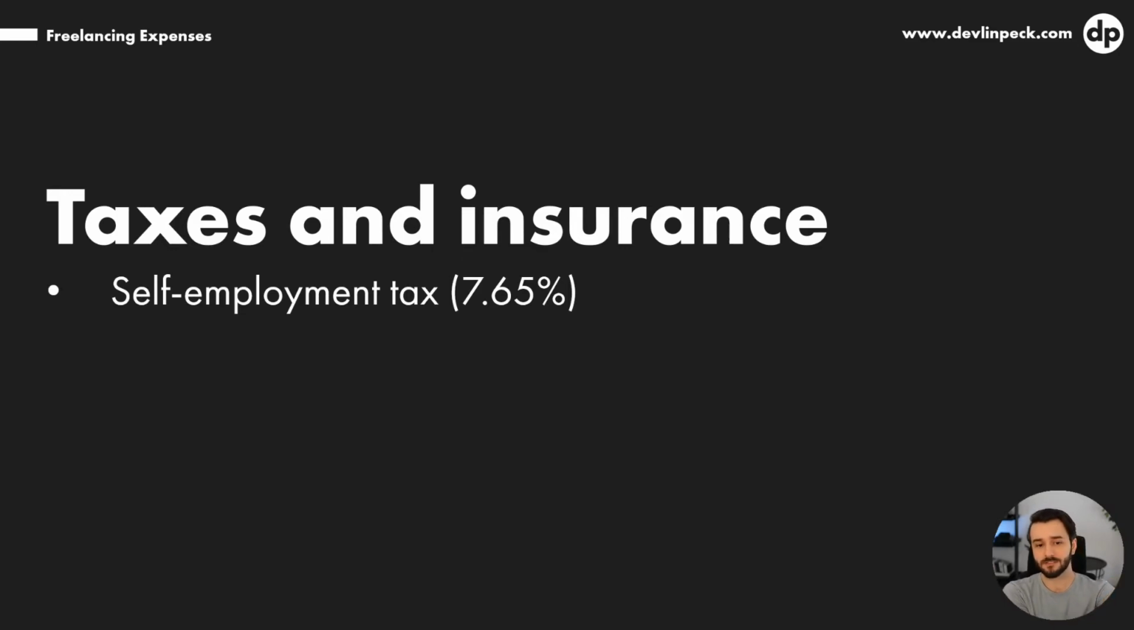So 7.65% is just half of those taxes. When you're a full-time employee, you pay half and your employer pays half. When you're self-employed, you have to pay that full amount. Okay? Now that being said, when you invoice a client for say $10,000, you need to set aside a lot